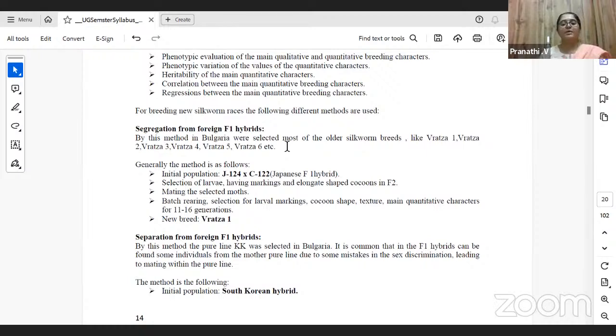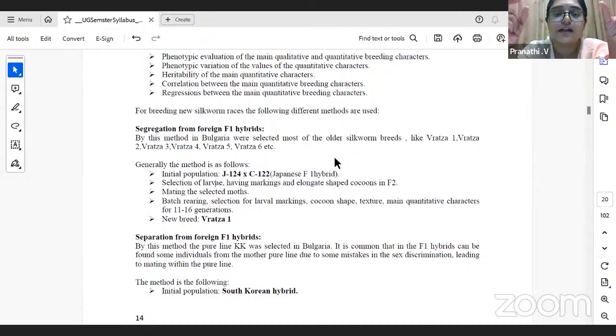So the initial population, say for example, the Japanese F1 hybrid is taken into J124. Once this is done, breeding, selection of larvae that have markings and that have elongated cocoons in the second filial generation. So you're breeding J124 with C122, which is a Japanese F1 hybrid,